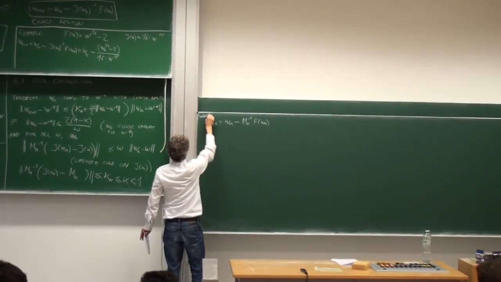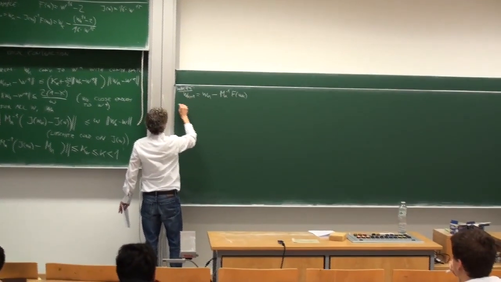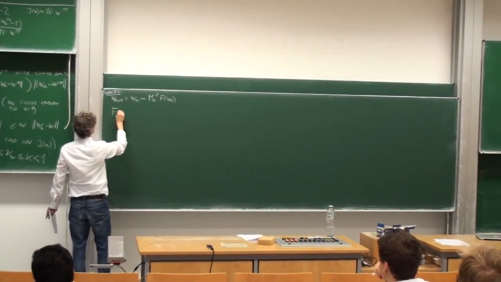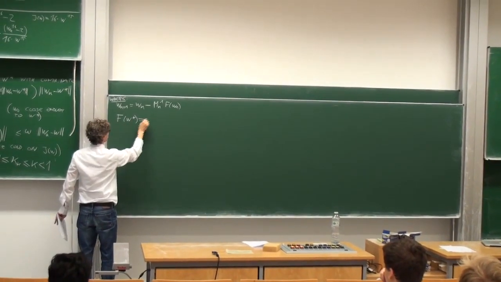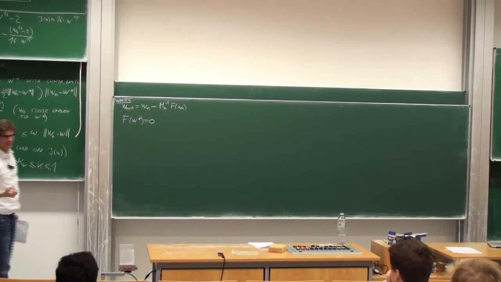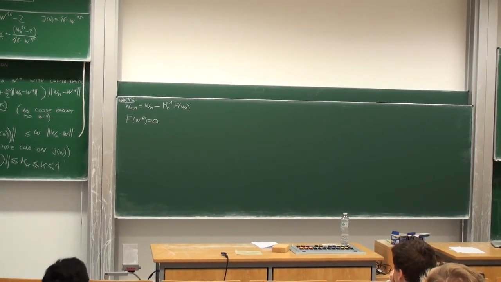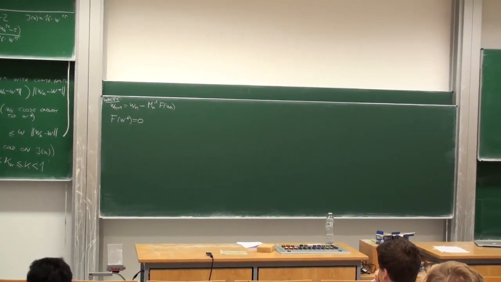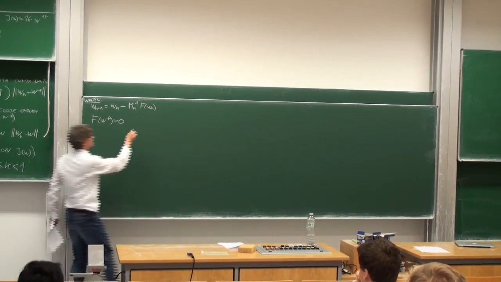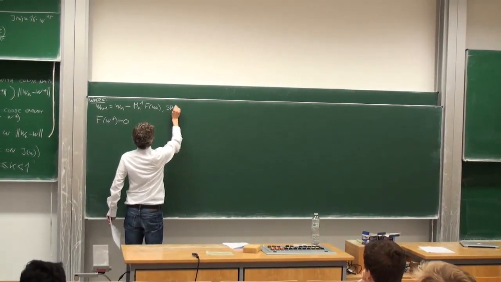And also F of W star should be a root. Otherwise this theorem is incompletely stated. So we have this iteration, and of course we start at